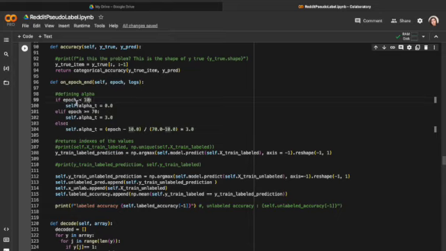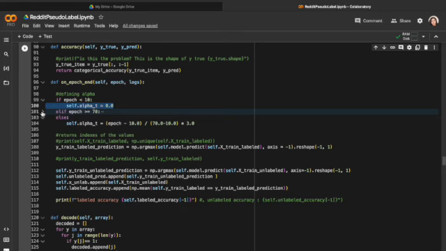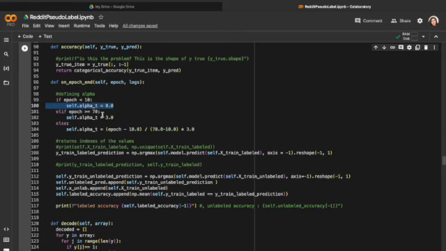So if it's less than 10 epochs, then the value of alpha should be just 0. If the epochs are greater than or equal to 70, then the value of alpha should be 3. And if it's greater than 70, meaning almost reaching the max number of epochs, in this case 100, then I adjust the value of alpha.